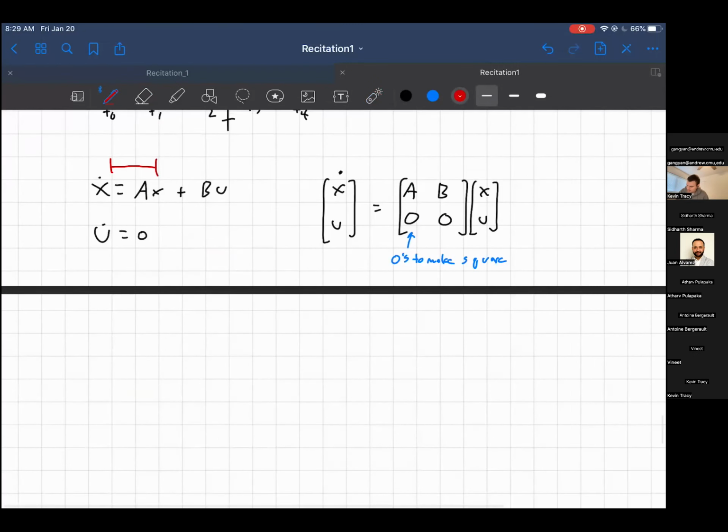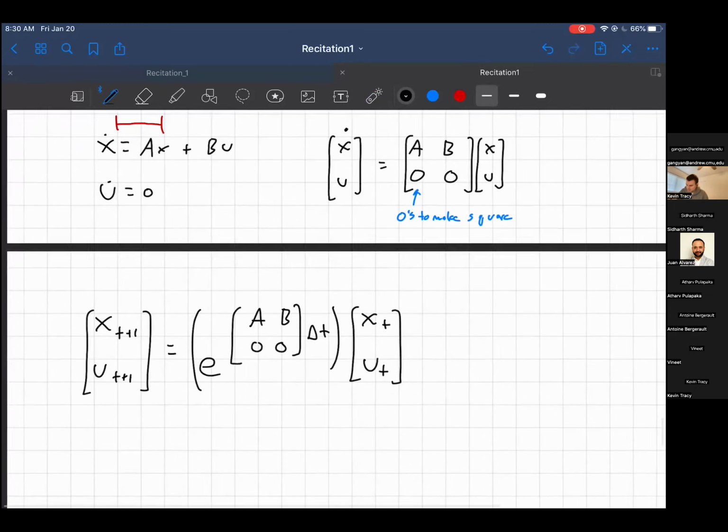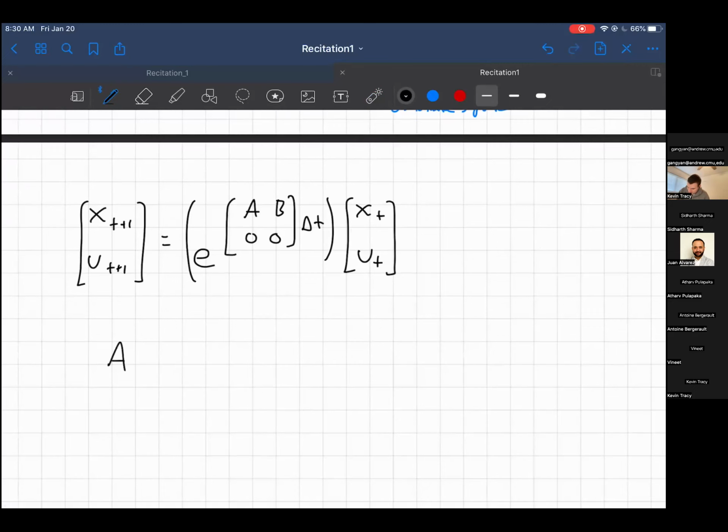So what I can do is that now I can say that x at t plus 1, u at t plus 1 equals the matrix exponential of a, b, 0, 0, dt times xt, ut. I now have given myself a discrete time model from the continuous time dynamics. So what this looks like is I end up getting, once I do this out,